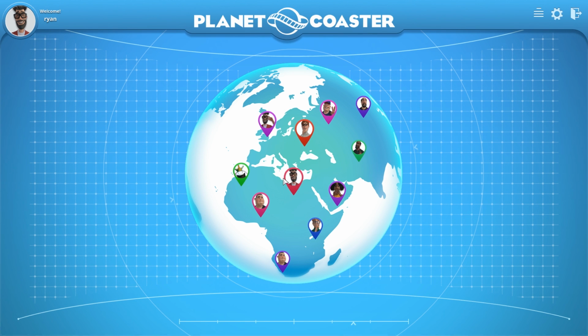That's right, my most anticipated game of the year is now in alpha, and the good folks over at Frontier have sent me a code because they knew how excited I was. And as you can see, we're here in the Planet Coaster theme park selection menu. We can go to all these different parks around the world, but there's one in